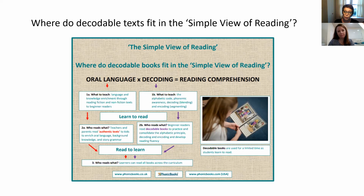When kids start to read, of course, most kids have some oral language because they speak English. And if they don't, that's what the teacher will also have to develop, their language, if they're English language learners. But most kids will be focusing on the decoding bit because that is something that's totally new to them. While oral language will come naturally to them from just being at home and baking with mommy and going on trips and in the park, the decoding bit is the bit which is not natural, and most kids will need structured instruction in it. So the decodable books are actually part of the decoding side of this formula,